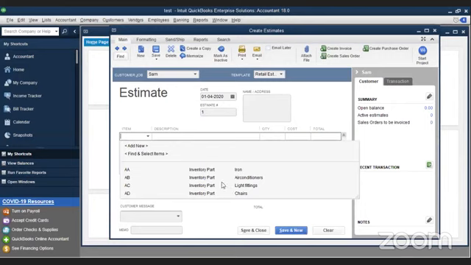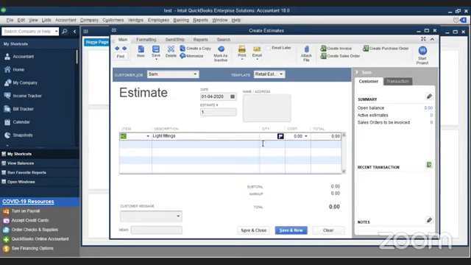So what I'm going to do is pick the current inventory item, which is a light fitting. So I'm going to say light fittings. And he's asking for only one.